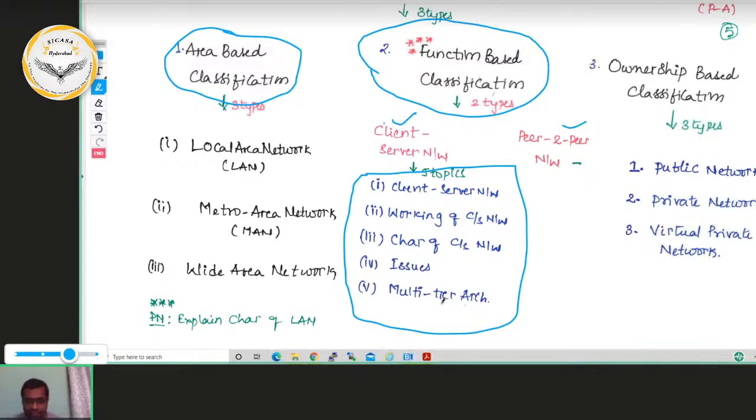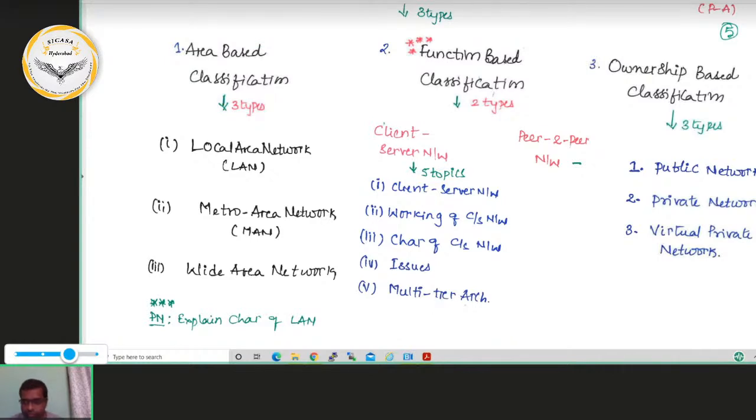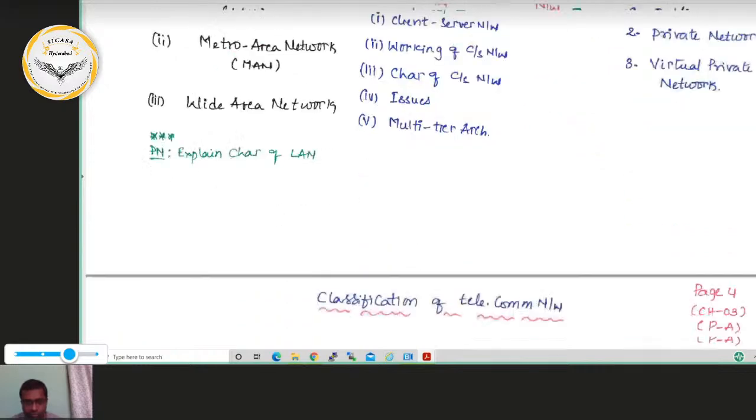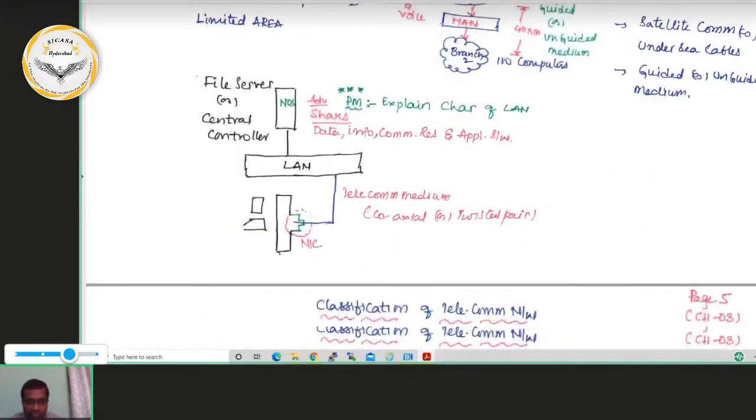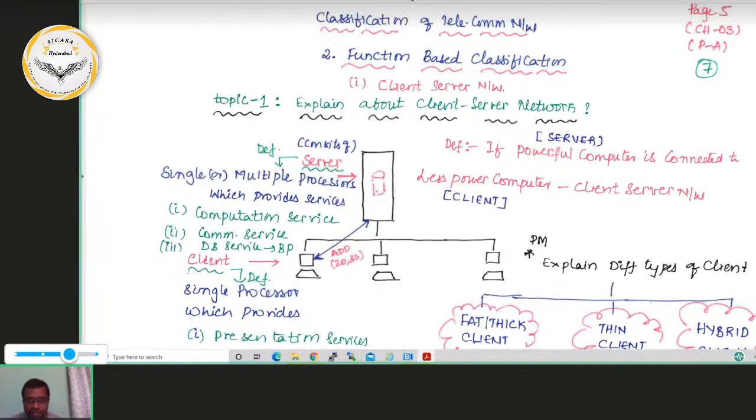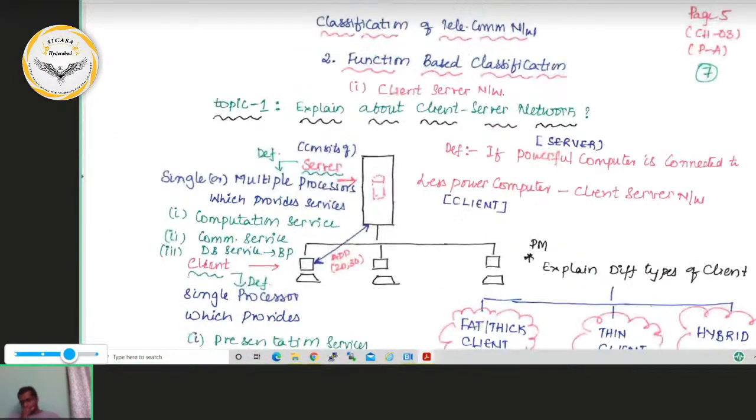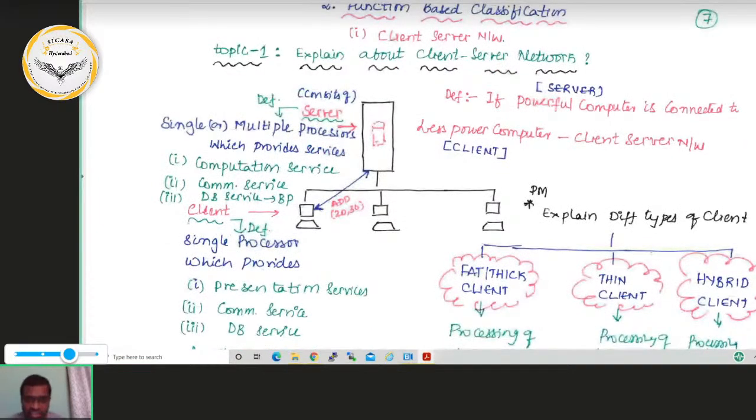Now let us see the first one. What is a client-server network? Classification of telecommunication networks, function-based classification. Now let us see the first topic, client-server network. Here we need to understand what a client-server network is. First we need to understand the definition of